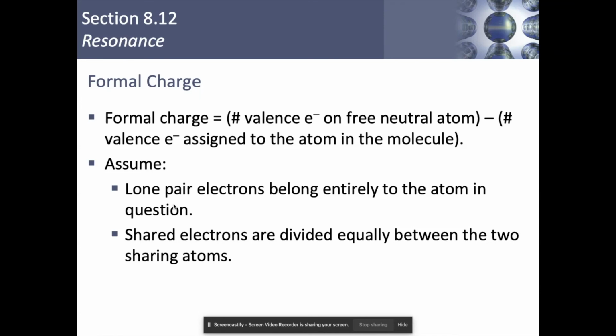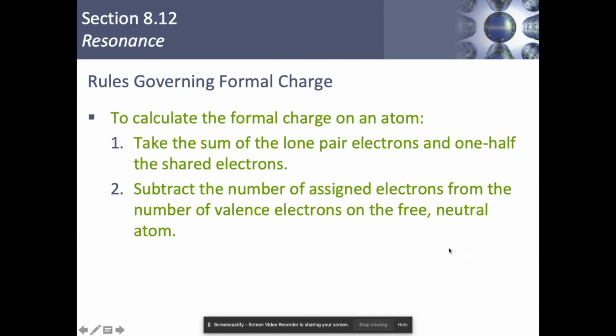The electrons can move anywhere, but we're pretending those lone pairs are stuck and belong entirely to just the atom in question. Shared electrons, meaning ones that are in bonds, are divided equally between the two shared atoms. So how do we calculate them? Sum up all of the lone pairs of electrons,